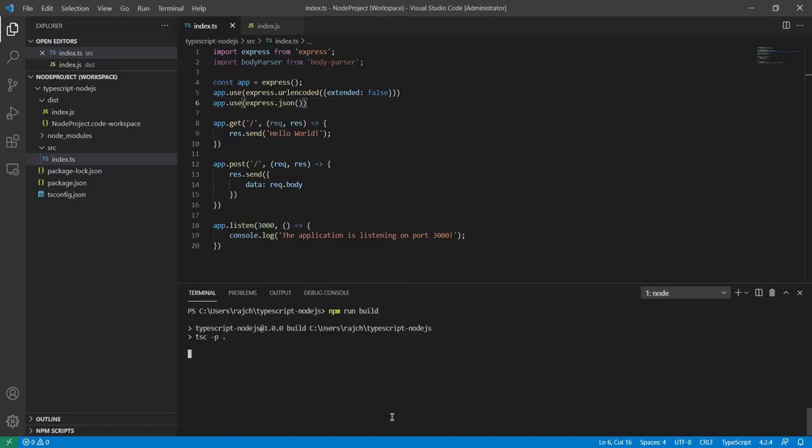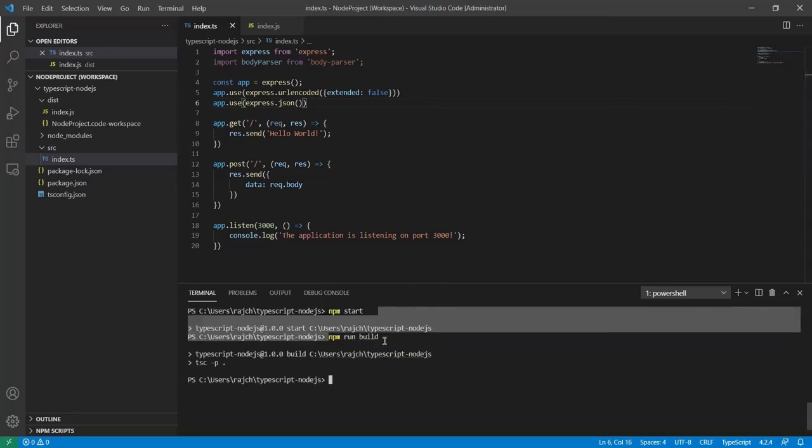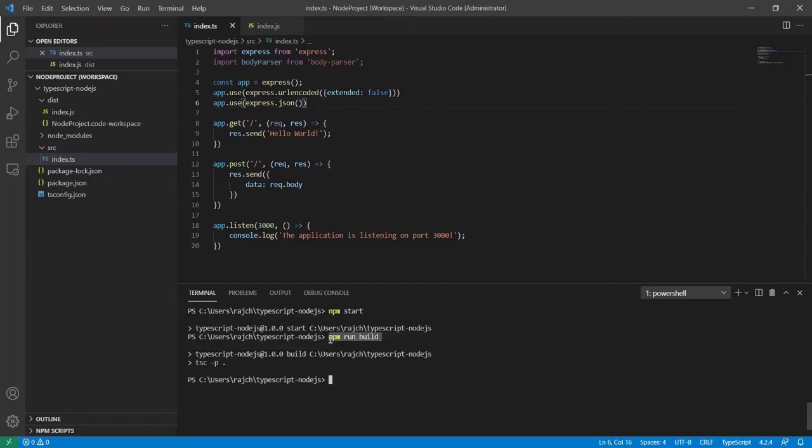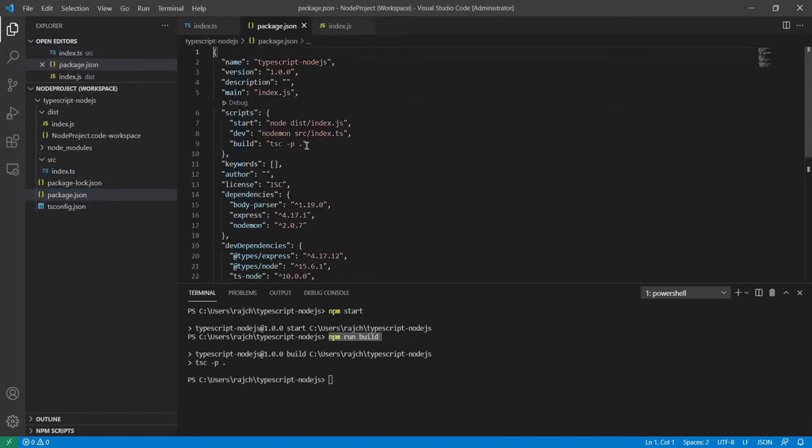When I do this, it will build or create a new JavaScript file, or overwrite the existing JavaScript file. So if you are watching this video for the first time, let me explain how it is accepting this command npm run build. To do that, I need to go to package.json, and here you can see in the build I have added this command tsc -p . to compile the TypeScript code into JavaScript.